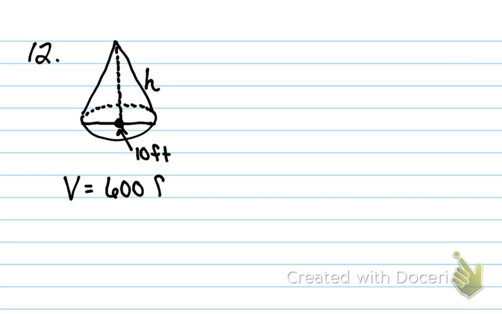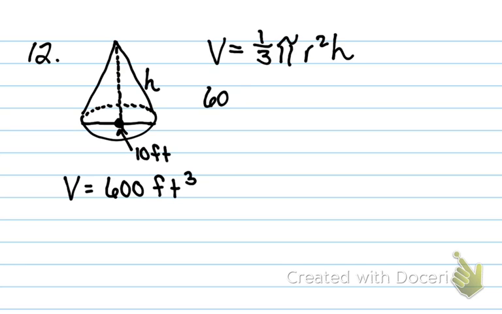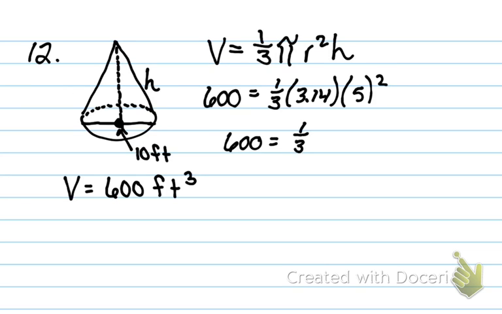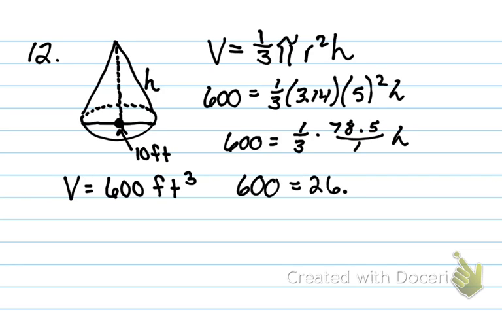Okay, so here, this is the information that you have. All right, and go ahead and solve for the unknown dimension. All right, yes, good. Okay, so V equals 1/3. Did y'all remember 1/3? Pi r squared h. Okay, so this is the part, guys, that I need you to show me some multiplication. Okay, so 3.14 times 25 is 78.5. All right, and then when I do 78.5 divided by 3, I get